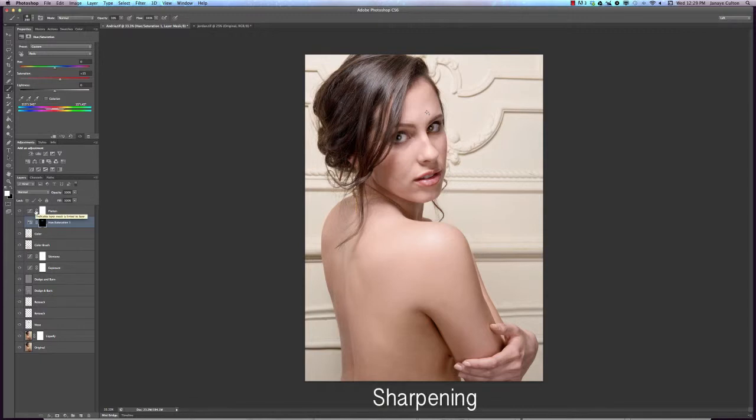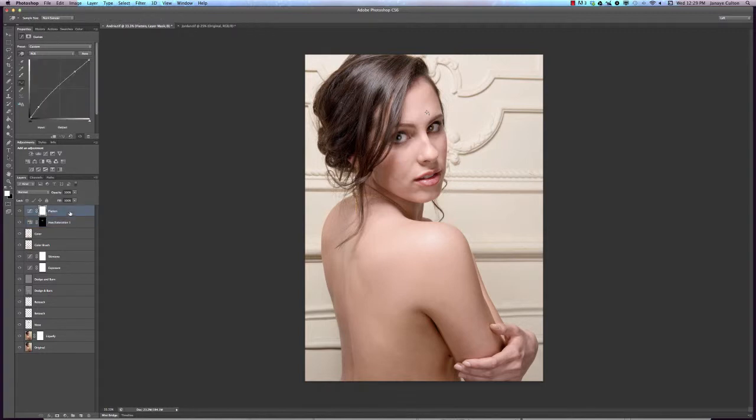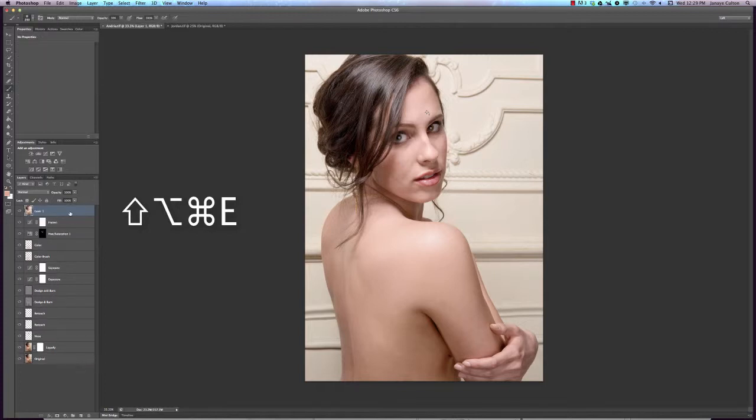Finally, I'm going to show you how to sharpen an image. Sharpening has to occur on a pixel layer, and so far we've made a bunch of adjustment layers. I'm going to click on the topmost layer and use Shift-Option-Command-E to create a top merged pixel layer. I still have all of my layers underneath, but now I have a nice top layer that I can add sharpening to. I'll rename that layer,